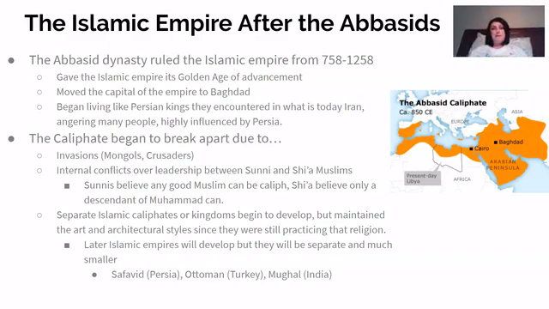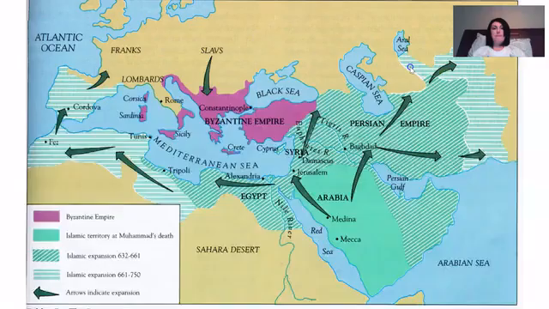They consider themselves to be Persian in descent. So what we're eventually going to see happen over time is the Abbasid Caliphate, which is an empire at this point, is going to collapse, and we're going to see different little caliphates pop up in different areas. Some of them are going to also be called sultanates, which is you basically have a sultan who is not a ruler because he's Muslim, he just happens to be an Islamic ruler over an Islamic country, or emirates, which is kind of the same thing.